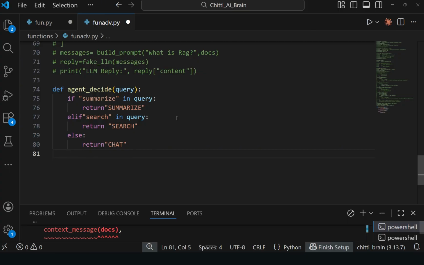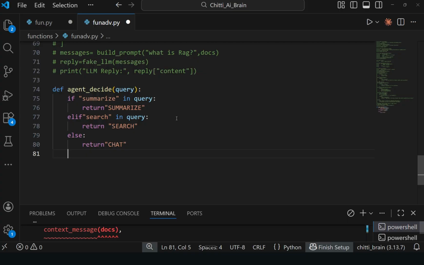The agent decide function decides what to do from the query. Now we have to create one more block, the agent execution function block. We will build a function called agent, and it acts like a robot itself.